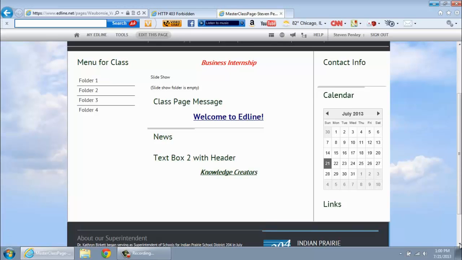So we've gotten through the class title, the message section, and the text box 2 section. In step 5, we're going to the contact information area, and I had put some things in there, so my placeholder is gone. It is now in the edit mode. So you can see here it flashes to edit. So if I click on that,